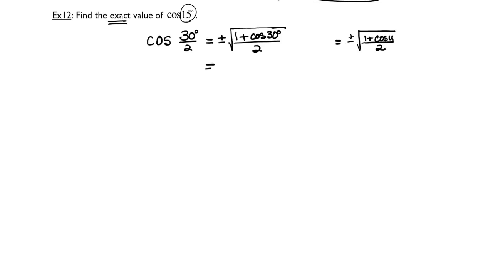From here, I'm going to replace cosine of 30 degrees because I know what it actually is, and at the very end, I'll decide on the sign. 1 plus root 3 over 2, where root 3 over 2 is equivalent to cosine of 30 degrees, all divided by 2. Now I can get a common denominator,